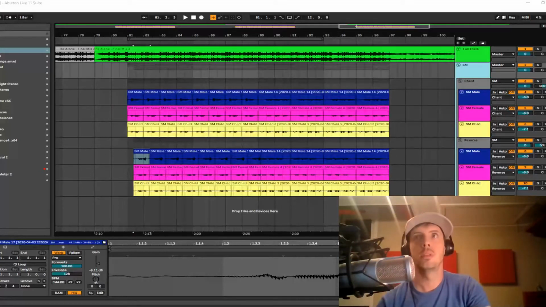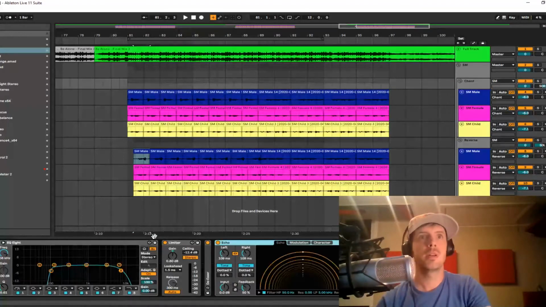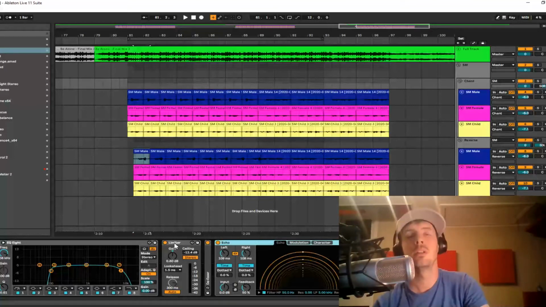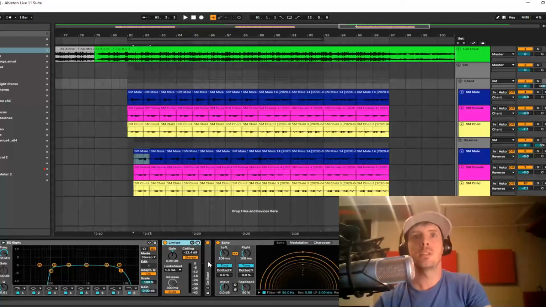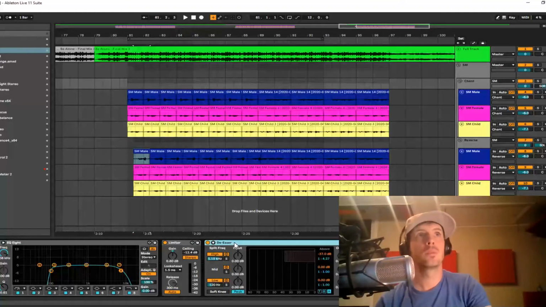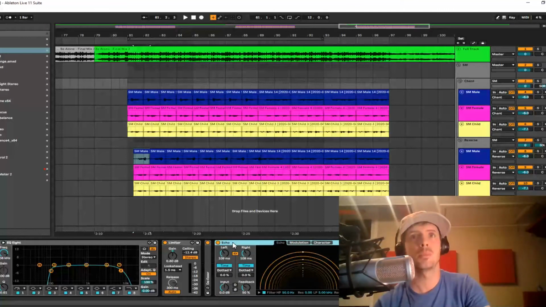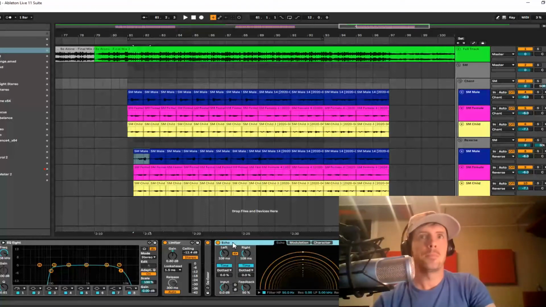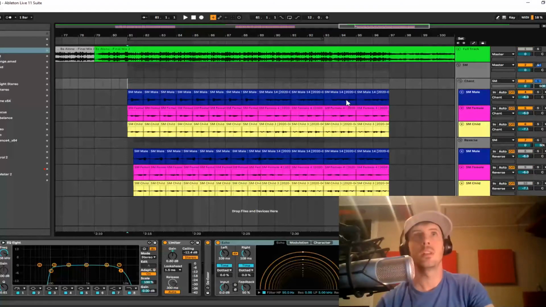On the chant bus here, you can see that I roll off the low and the high end, because there's not really any usable information in a voice in there. Then a final limiter to smooth it out, and a de-esser, which is really just a multi-band compressor, but it honestly works great for de-essing. I use it more often than my actual de-esser plugins. And as a final touch, we have an echo here. It's a fast echo, and I'll play it again just so you can hear it.